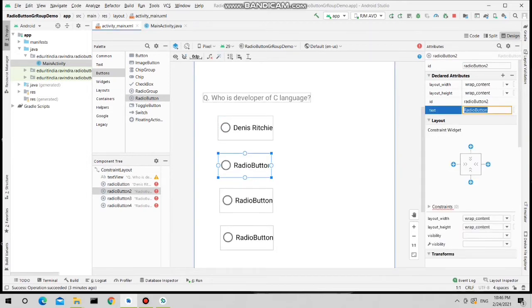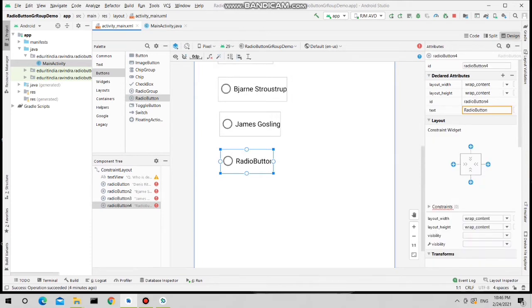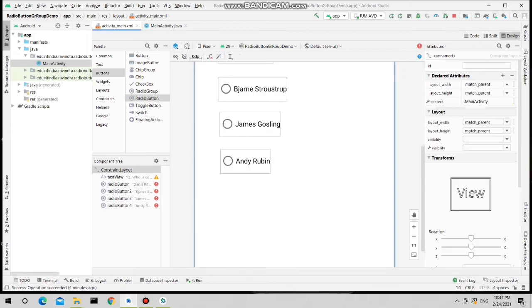Next, Bjarne Stroustrup, next James Gosling, next is Andy Rubin. So these are the four options for this question.